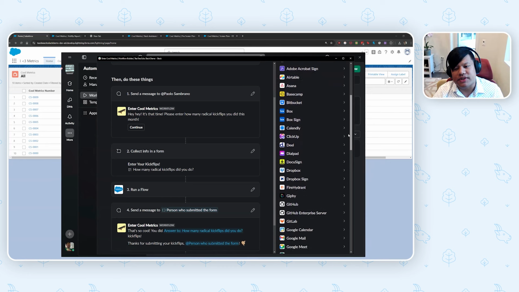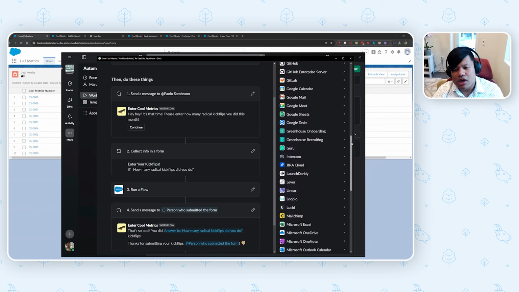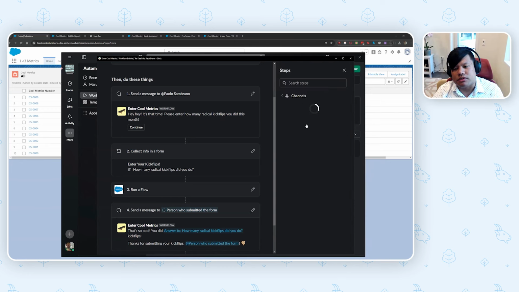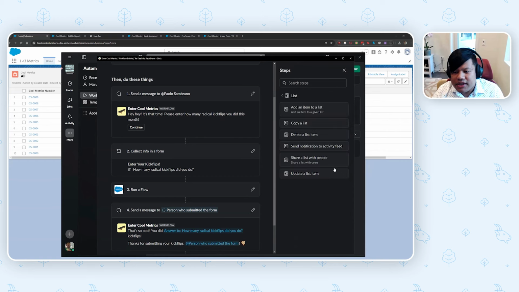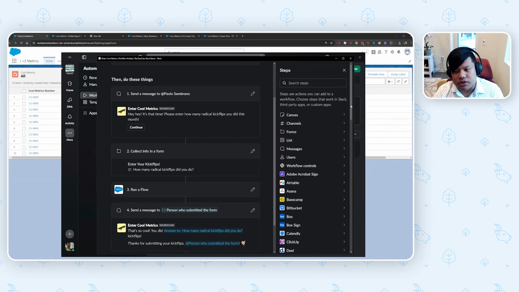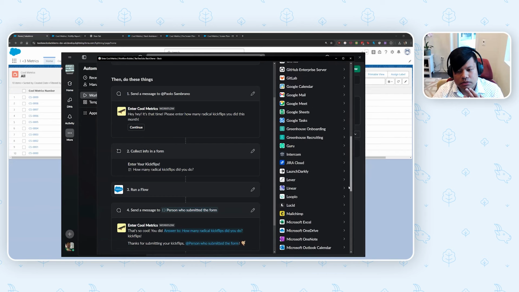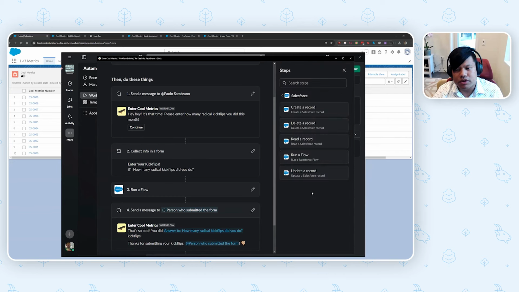All of these integrations just come with it. All of these Slack actions, you can create a channel, you can update a list. There's a lot of stuff you can do. And if we scroll down, you'll see that we have our Salesforce integration right here. We're going to keep that top of mind because we're going to come back to that.